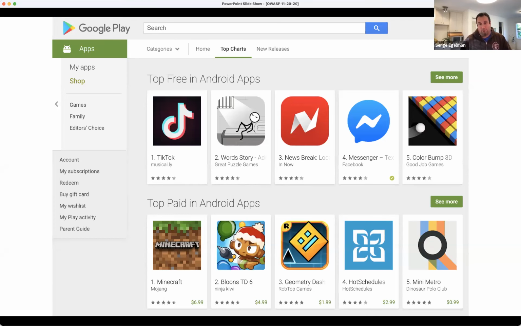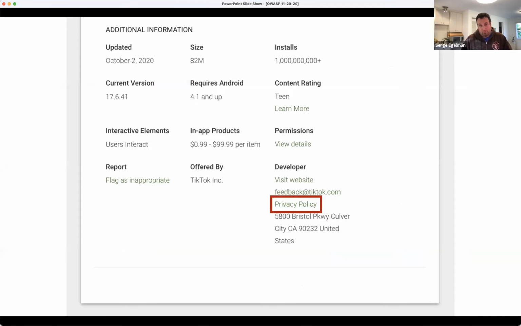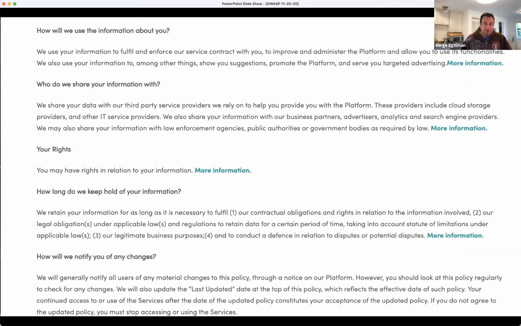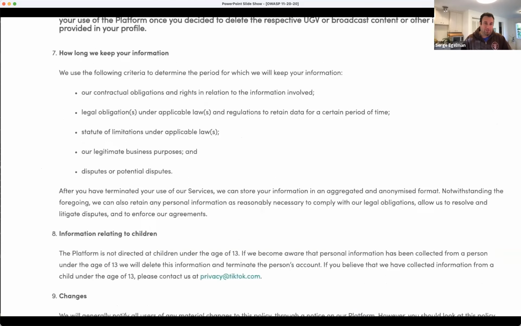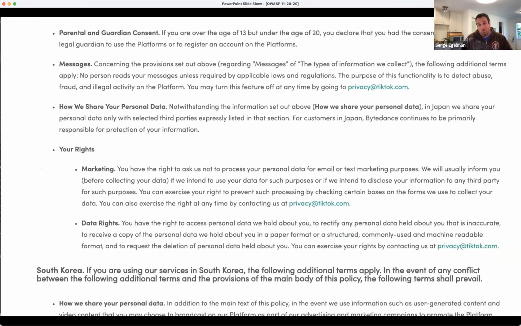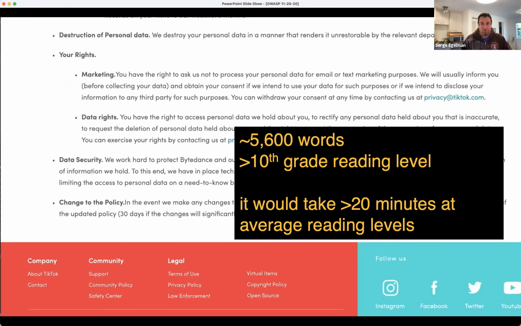So let's take a look at how this works from the consumer standpoint. If you want to download an app from, say, the Play Store, you pick an app, and then you need to know to scroll to the bottom to read that privacy policy, and read it you will. It's fairly lengthy. In fact, this one would take significant time. Imagine having to do this for every single app. So this is over 5,000 words. It requires a high school education to read, and therefore based on the word level and reading level, it would probably take the average consumer more than 20 minutes. Imagine doing that for every single app that you're considering installing.